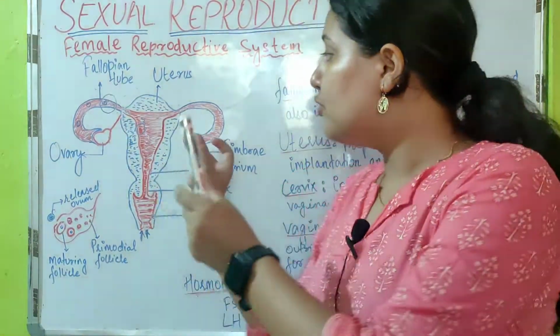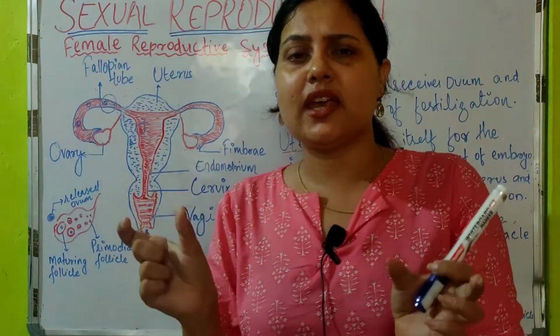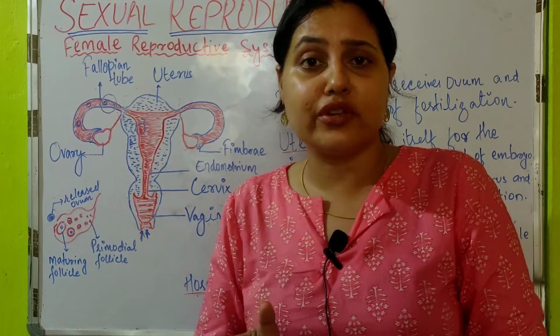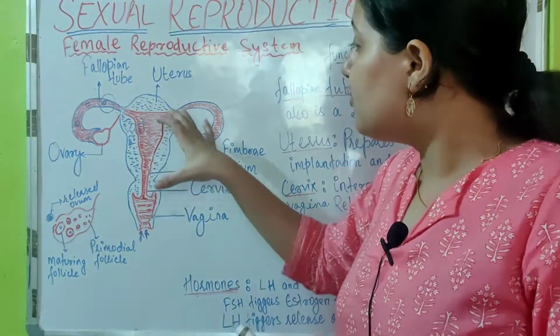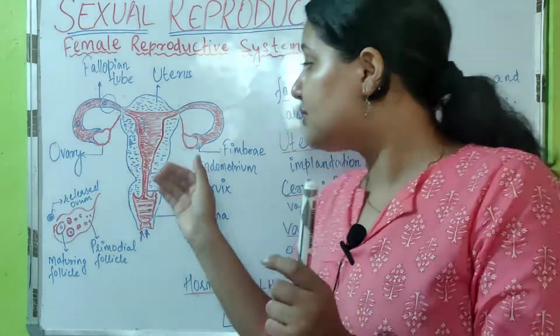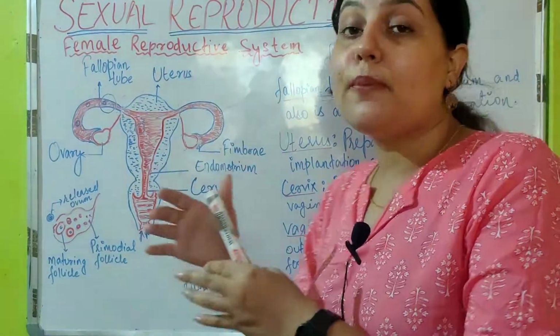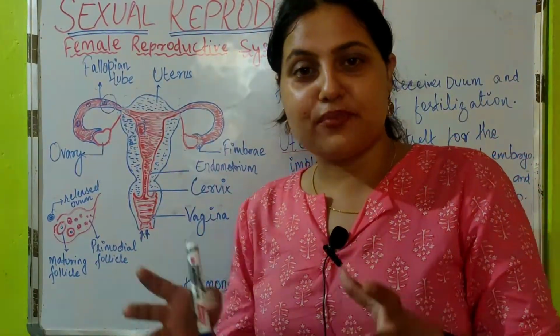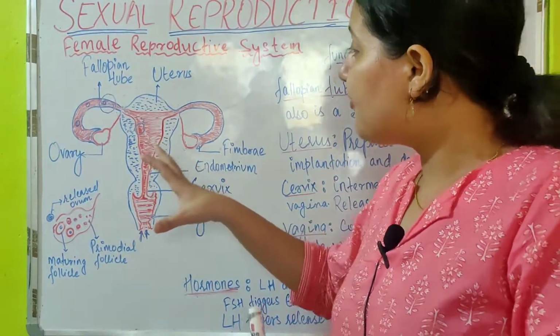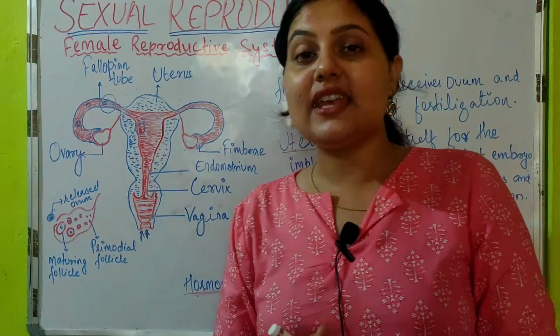The uterus has become so thick and it is richly supplied with blood, glucose and nutrients. You see the uterus lining is very thick, right? This is to support the development of the growing embryo. And after that, in case,